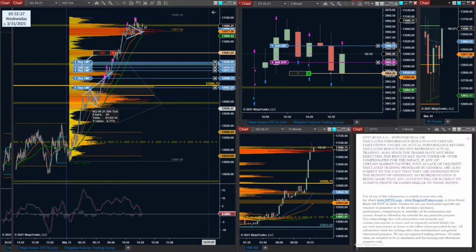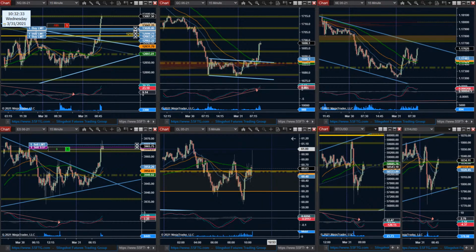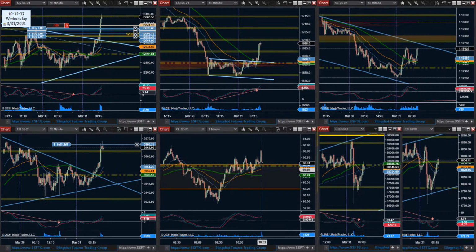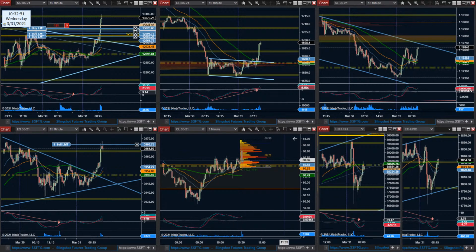Crude oil plotting a massive wick after the inventories. So they are getting a bearish response to the inventories, at least initially. Let's look at a 1-minute chart, just so we can see what volume happened on the inventories. 60.71, market staying underneath it. Kind of looks like a major twin reversal. Yikes.